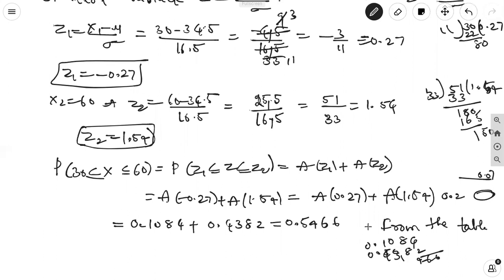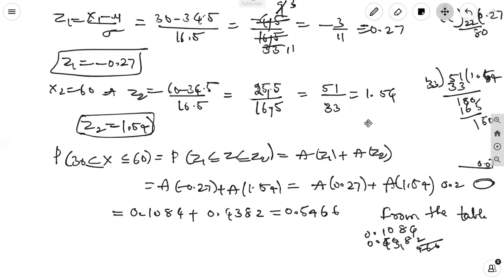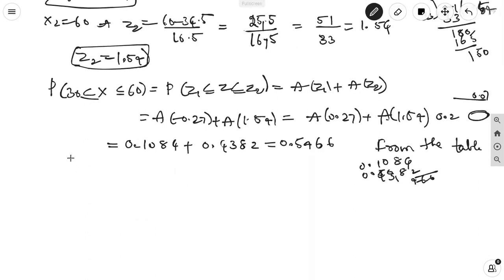It is 432, 438, 1.54. Okay. But here the calculation is, what is 54? Is it correct only now? 5466. So the probability of 30 is less than or equal to x is less than or equal to 60 is equal to 5466. So the number of students,